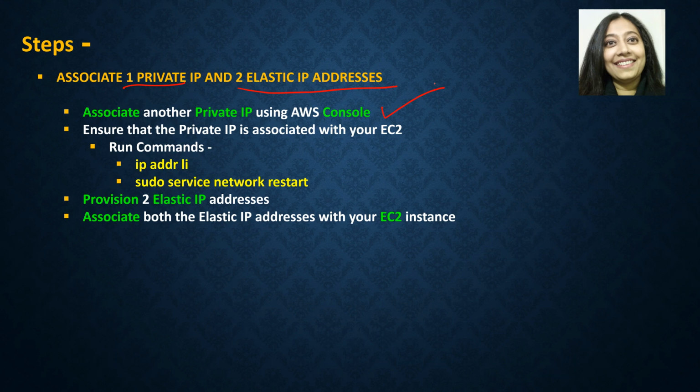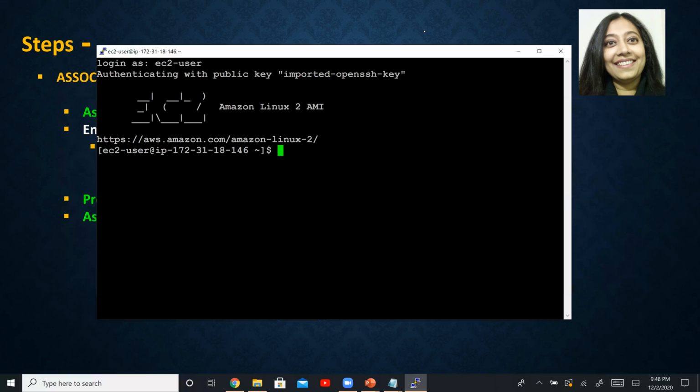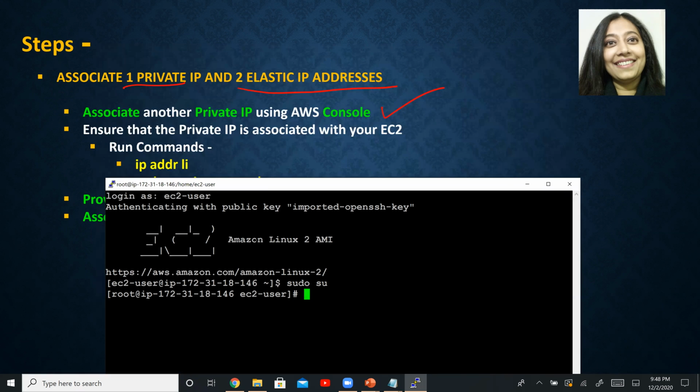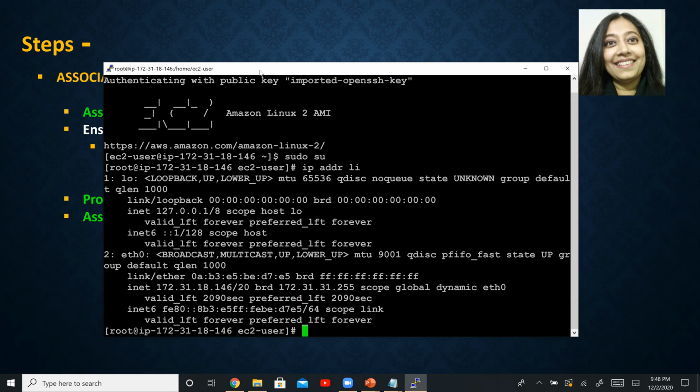Okay, so what we will do is first we will see if it is recognized or not. So let us go here and let me switch to the root user. And then I'm going to run this particular command, right? ip addr li. And this will tell us what are the various private IP addresses that are associated with this EC2 instance. So let's see.